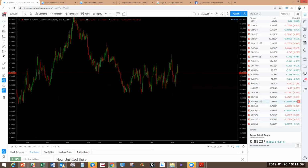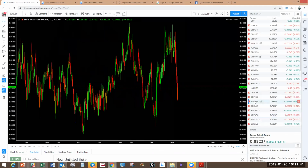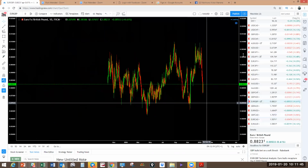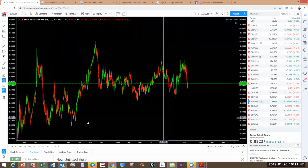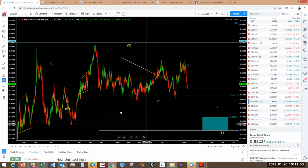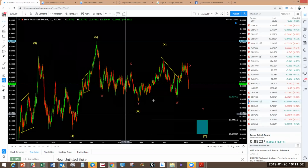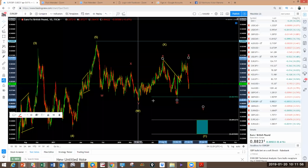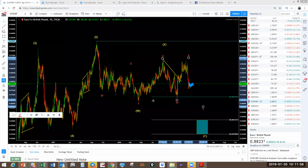Euro pound is playing out perfectly. Looks like it's still downside, and that is confirming that the pound pairs are still going to keep going down. Now, I just have to show you the structure that I showed you last week. Nothing has changed. Nothing has changed. You're still looking for that to come down. So now all you need here is just a corrective structure to